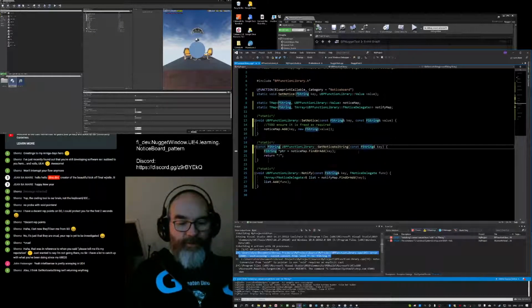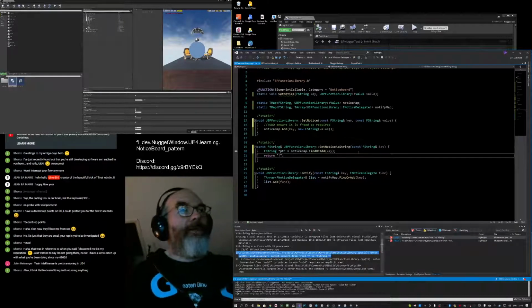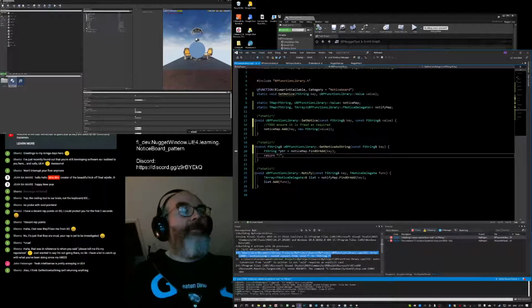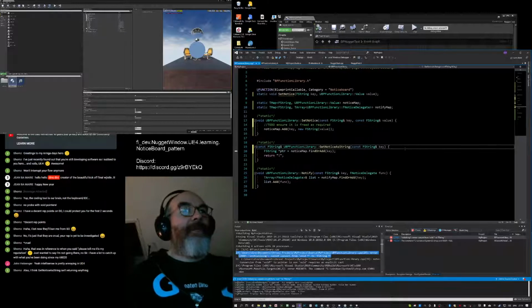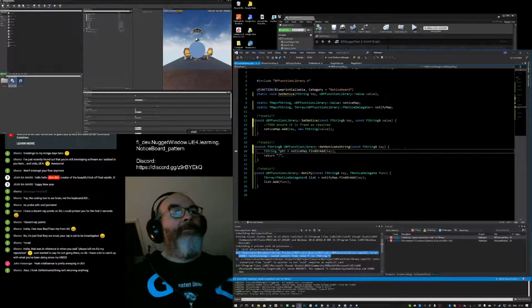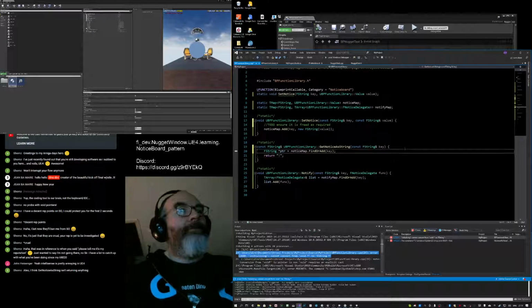A const reference so that whatever is calling this and gets this reference won't be able to modify it. That would be bad. They're not supposed to be able to modify the list. But this way there's no copying, at least not here. Yeah, okay. I think that's fine.